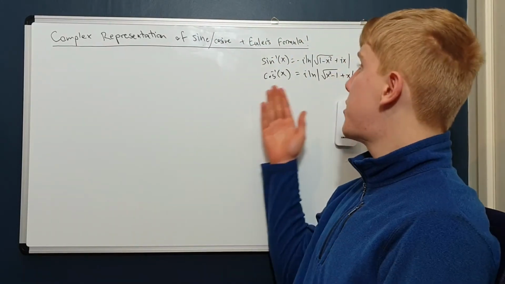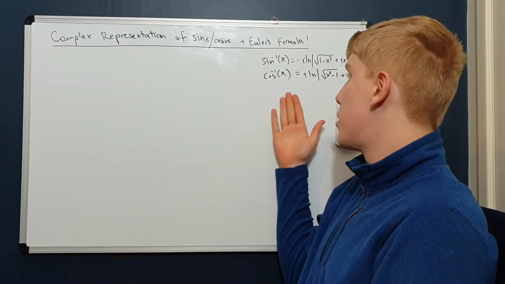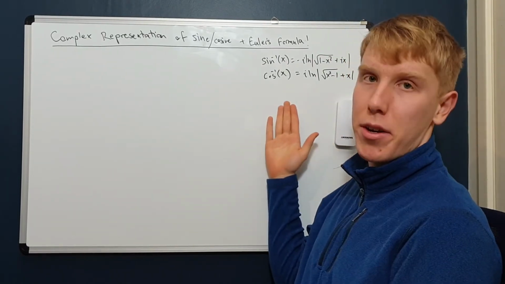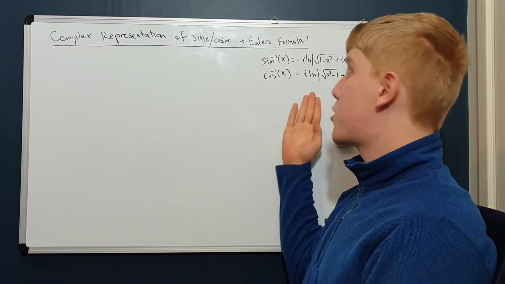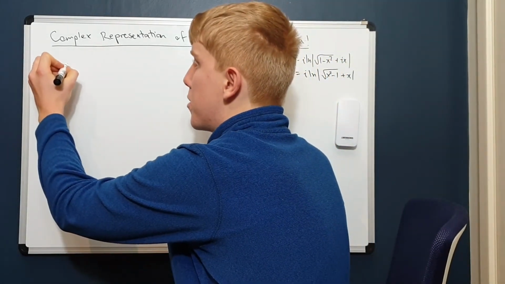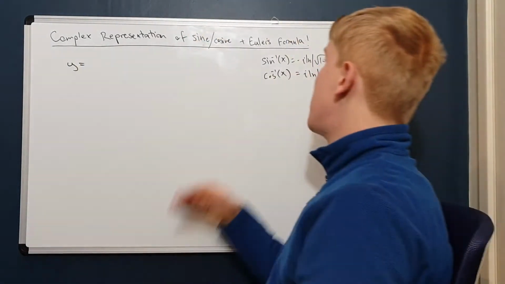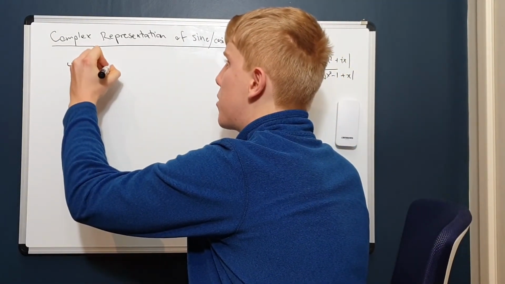Next, using these expressions which we've derived for the inverse sine and cosine, we'll now work with these to find the regular sine and cosine. Now the way we'll do this is by calculating an inverse of these expressions. We'll start off with the sine. So what we'll do is we'll let y be equal to this expression which we've derived, which is negative i times natural log